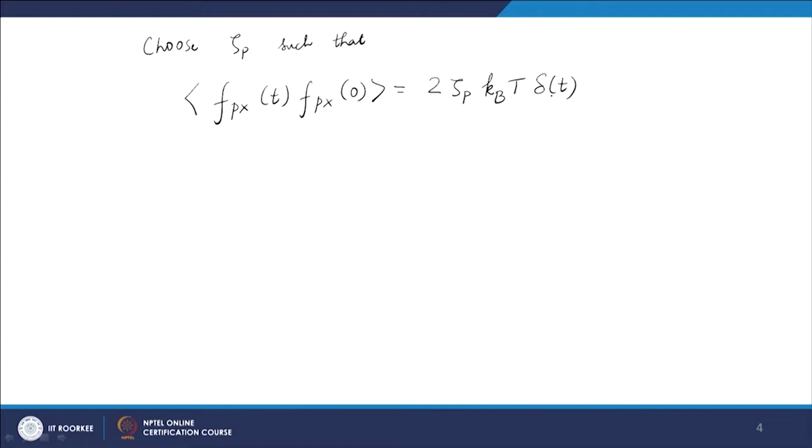And now, since we have defined f_p as zeta_p by zeta, and we know what phi_p(n) is, so it is zeta_p by zeta